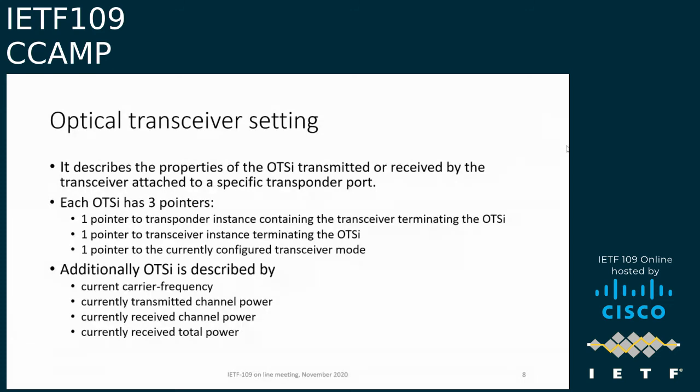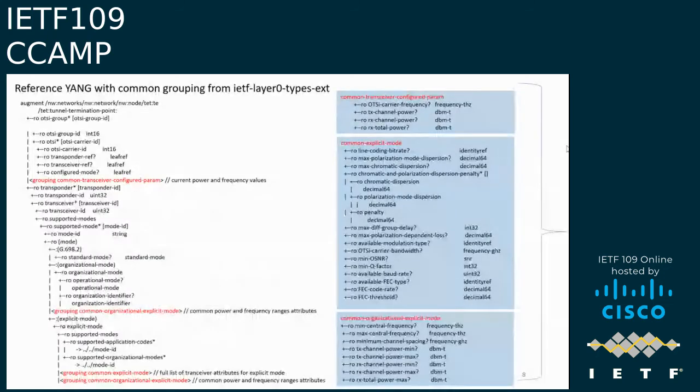Independent of the type of mode that is configured in the transceiver, all the OTSI describe in the model the current frequency, transmitter power and the receive power. These are parameters, and the total power, so for the total spectrum. These parameters are always provided for any OTSI independent of the mode that is configured. Next, in the next slide,